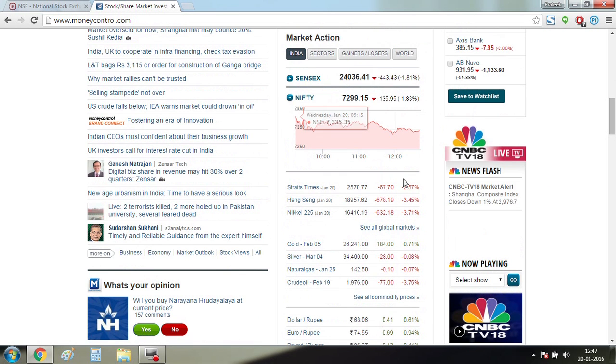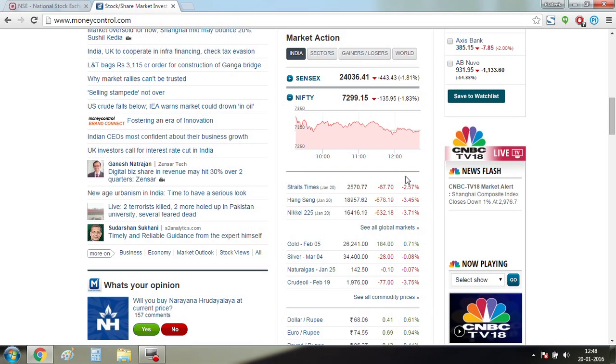Now, this market action section, over here you can see Money Control has listed both the Indian indices, Sensex and Nifty for you. Now, below this, we have the international indices as well. Currently in the market, you must have heard about the Chinese market falling or the European markets reacting, the Dow falling after it opens. So you have to have a little idea of how the international indices are falling, since globalization has brought this